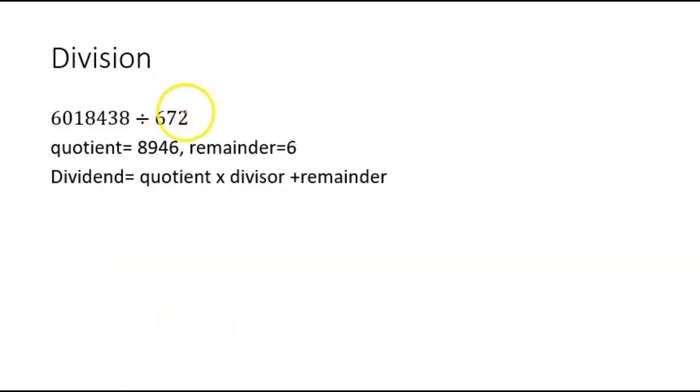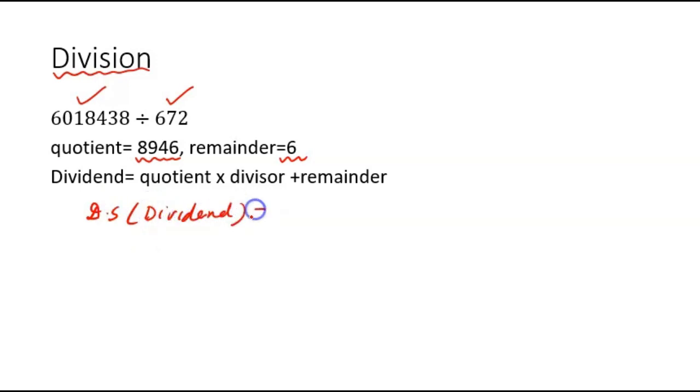Now let us do a division problem and use the concept of digit sum to check whether this is correct or not. So here we have a dividend which is divided by 672 and the answer given is 8946 as the quotient and the remainder is 6. So to check whether this is correct or not, first I am going to calculate the digit sum of the dividend. What is the dividend here? The dividend in this case is